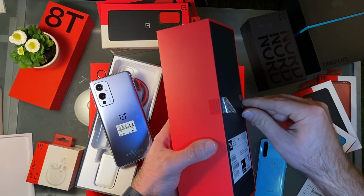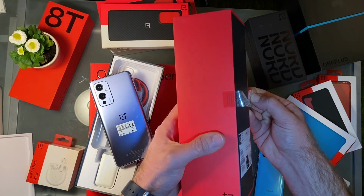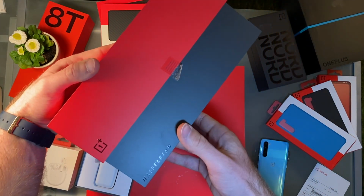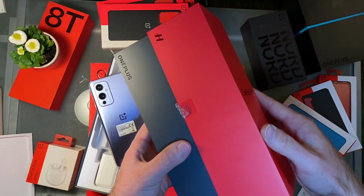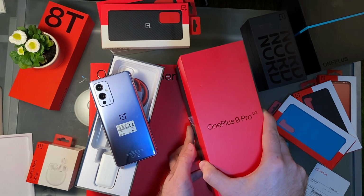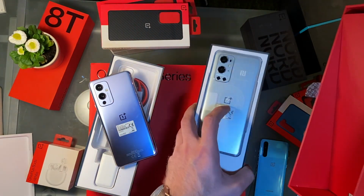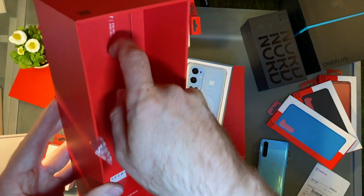And yeah, what do you think, guys? I love OnePlus for the UI, and of course both phones have Android 11 with their own Oxygen OS. It's still Hasselblad and OnePlus on this side, and on the other side again also Hasselblad and OnePlus, but the other way around. Nice little catch there from the design team. And yeah, again here the color, this one looks a little bit different because of course this one is called